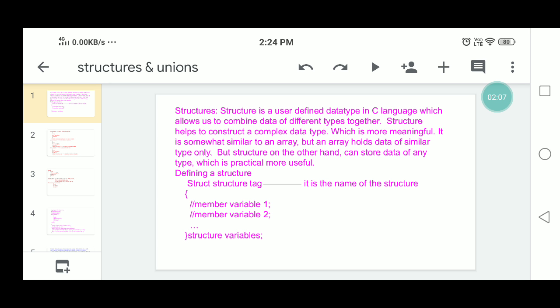This structure helps to construct a complex data type which is more meaningful. It is somewhat similar to an array, but an array holds data of similar type. But the structure, on the other hand, can store data of any type, which is more practical and useful. So, a structure in the C programming language is a composite data type declaration that defines a physically grouped list of variables under one name in a block of memory.